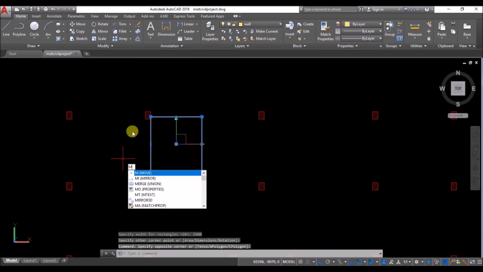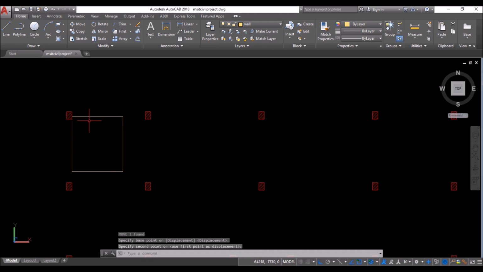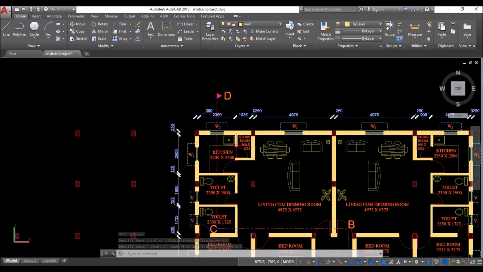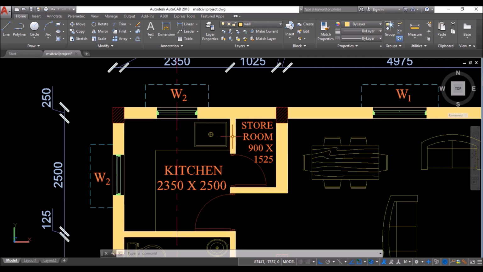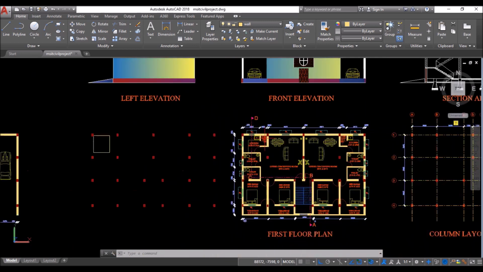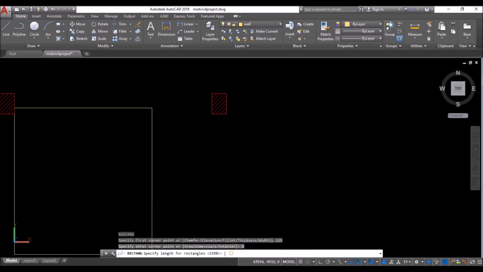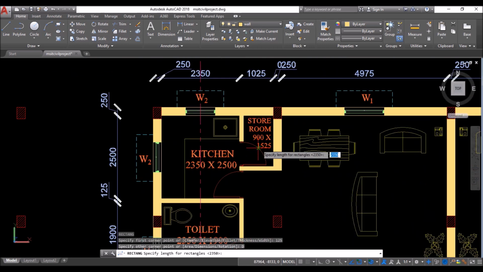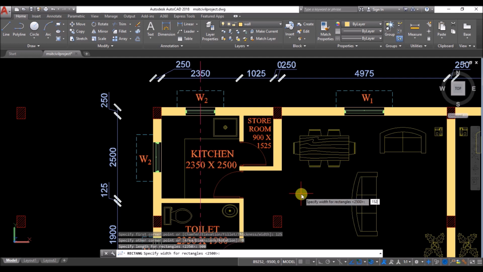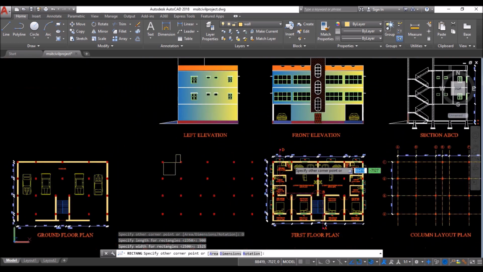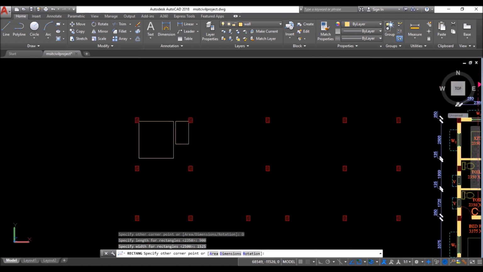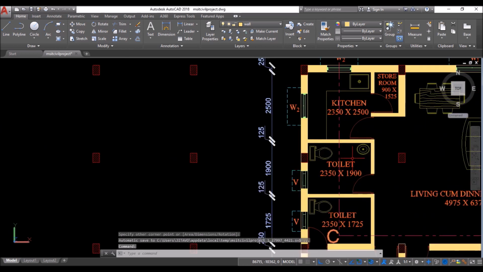Now I'll select the rectangle and move it to this side. So we have drawn the kitchen. Now this wall is 125 mm wide. So repeat rectangle tool. Take 125 units extension towards right from the endpoint snap as shown. Click on dimension again in the command line. Specify the length as 900. Press enter. Specify the width as 1525. Press enter again. And then left click to place the rectangle in this side as shown.